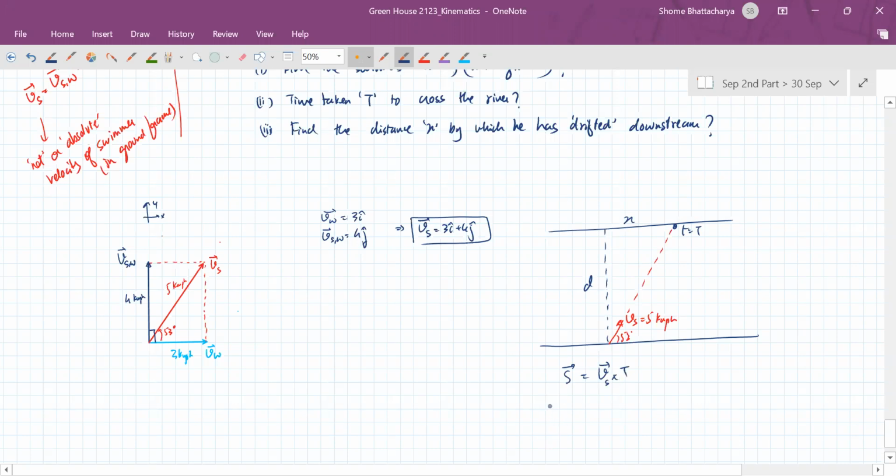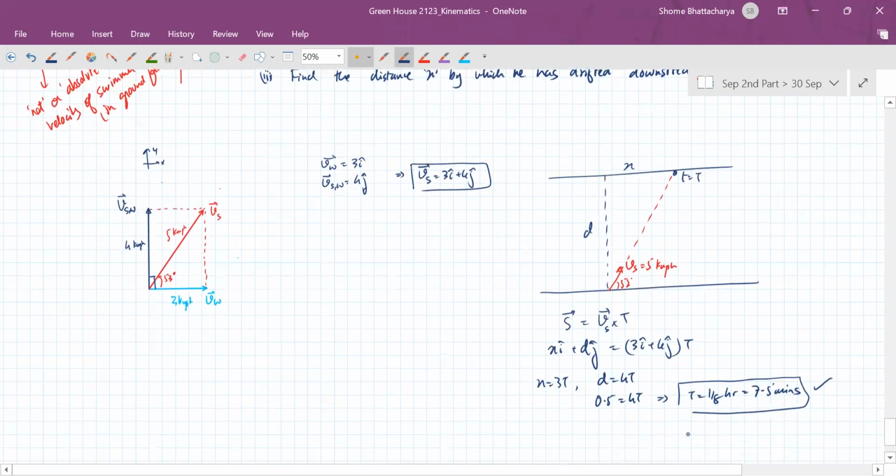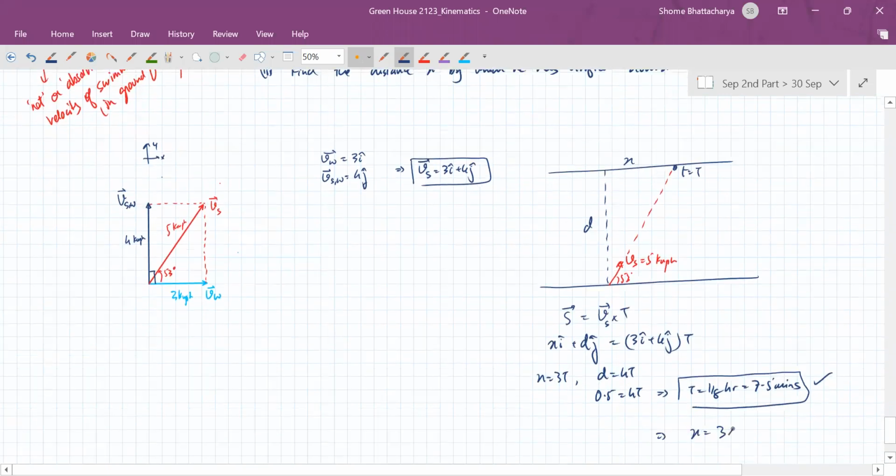So the displacement, as you can see, is x i cap plus d j cap, and that should be equal to 3 i cap plus 4 j cap into time. So x should be 3t, and this distance d should be 4t. So the distance is 0.5 kilometers. So the time taken is 1/8 of an hour or 7.5 minutes. And therefore, x is 3 into